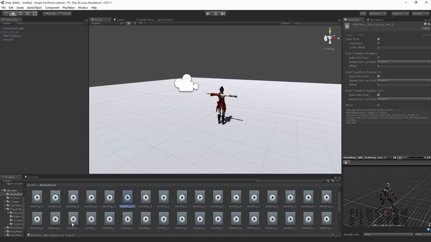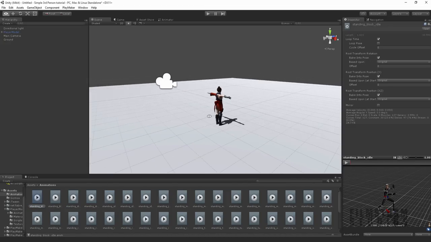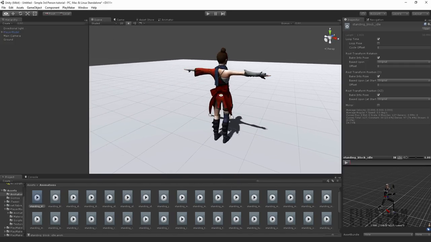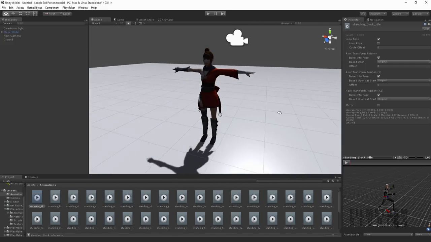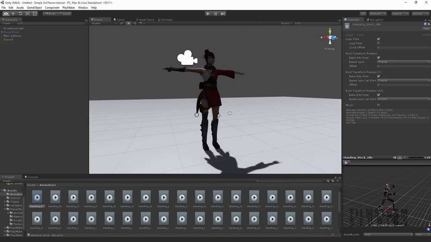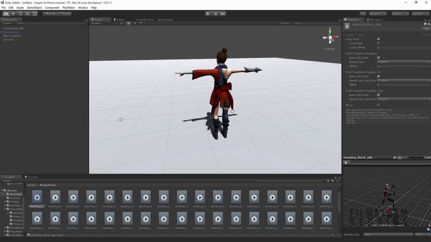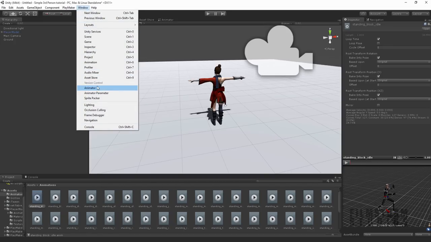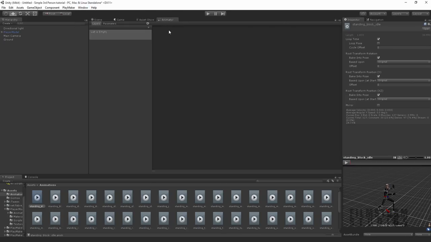I'm going to show you how to set up an animation system for your third-person character for this lady I have here. You might have seen her from some of the other updates I was doing for my old third-person system. So this is the one we're going to use. We're going to be using this animator a lot, so make sure you come to Window and click on Animator, and that will load that in here for you.